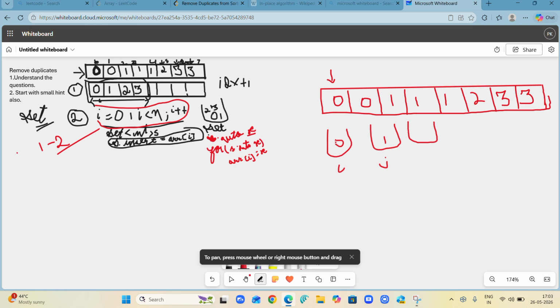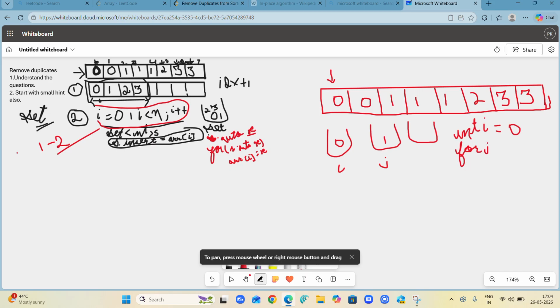I'm thinking the logic while solving, so just pay attention to my words. I'm going to create int i equals 0, and then I'm going to run the loop. The 0th element is always going to be the unique element, so it needs to be stored over here.